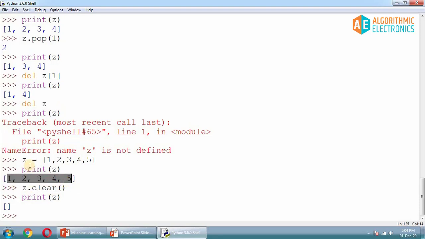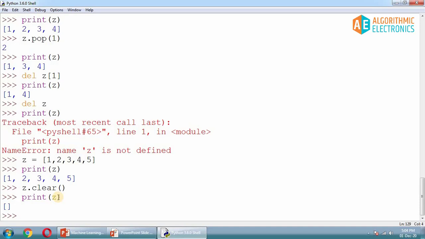The list is still there, but now it is an empty list. So the clear function is simply going to clear everything inside that list and the list will be empty after that. So this is how we can call the clear method to clear all the elements from the list.